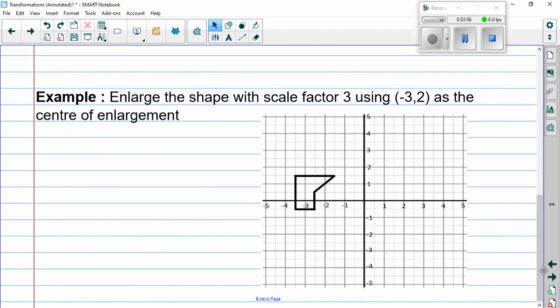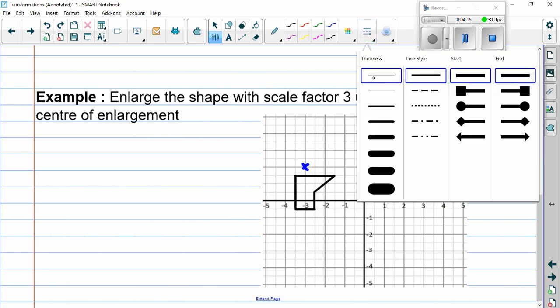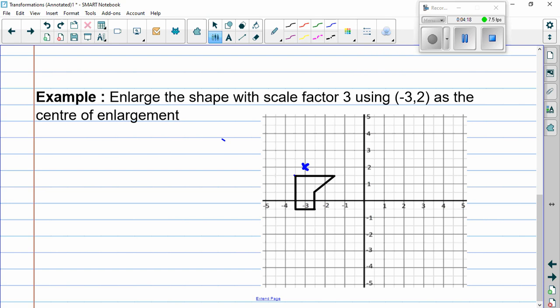So here we're enlarging a shape with a scale factor of 3 using (-3, 2) as the center. So first thing we do, always indicate the center. So that's -3 in the x, 2 in the y. So our center is actually pretty close to our shape. So here, I'm going to pick a few vertices this time that I want to work with, just because it's a little bit different of a shape, and this can help us. So I'm going to pick these ones,